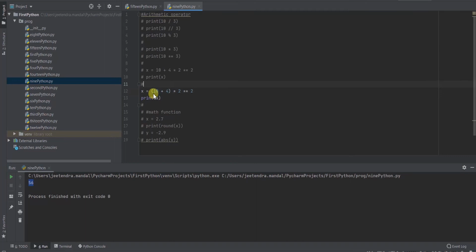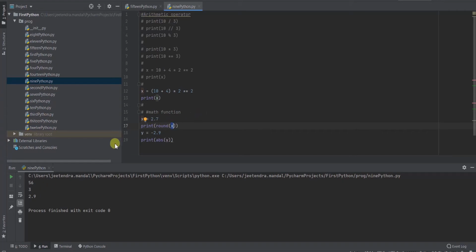Now I'll also show you some mathematical functions that we have. The first is round. The floating point value 2.7, when rounded, will give you 3, because if it is more than 2.5, it will give you 3.